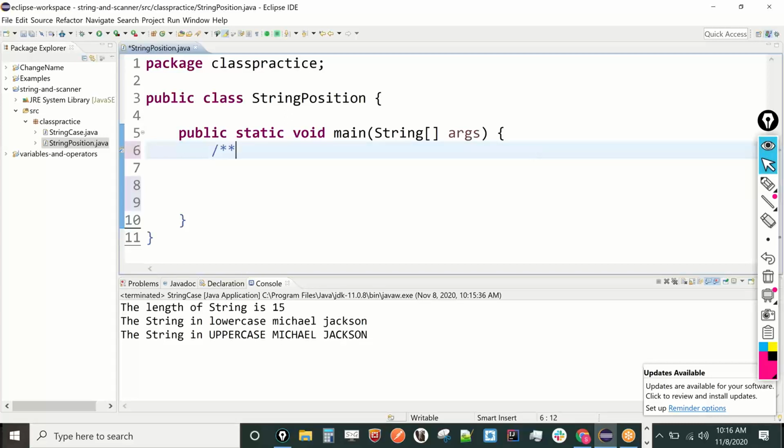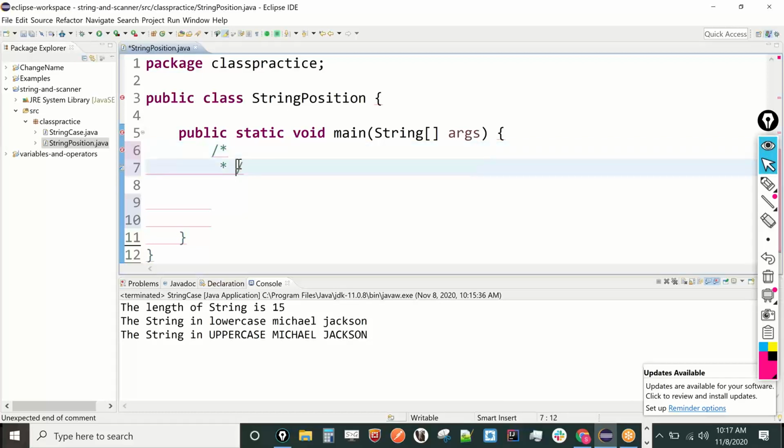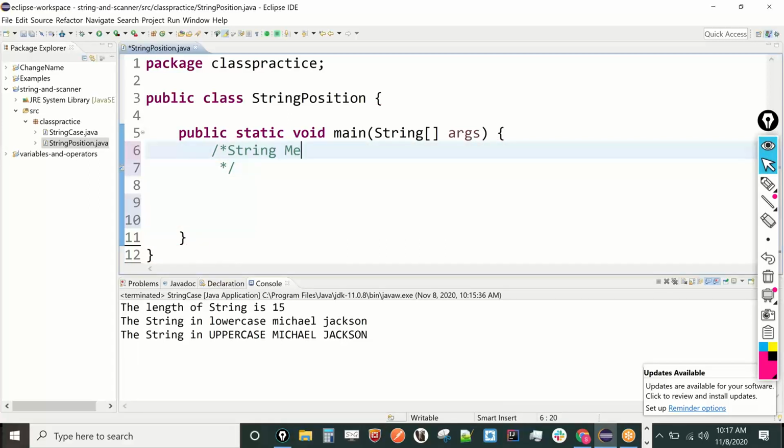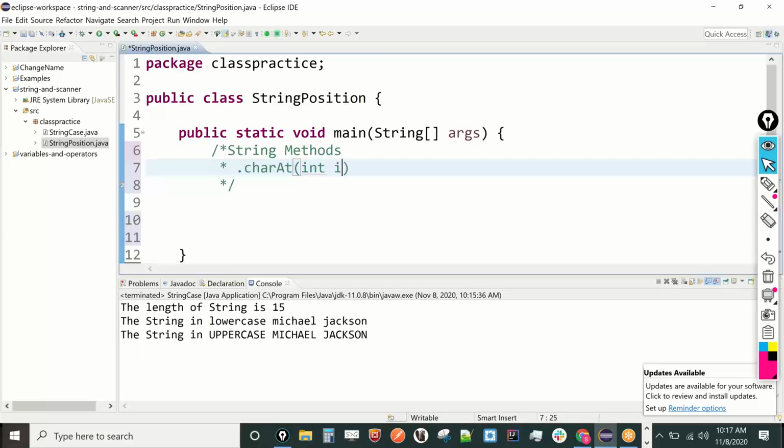So still string methods. Two methods go hand in hand, and that's one called charAt. In here you have to provide an int index, and what it does,